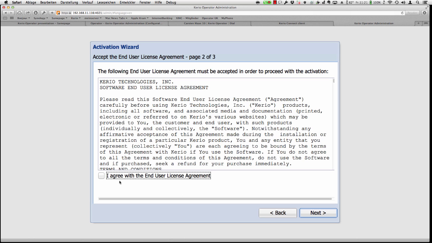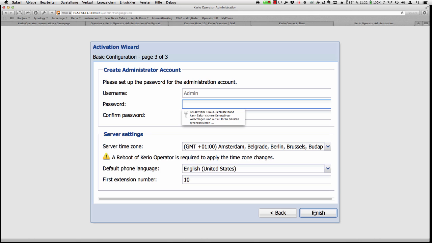Again, then you need to accept the license agreement. If you are not accepting it, you are again finished at that point, but you should accept it, as otherwise you cannot use this product. We go to next, and now there comes the first point. You need to define a password for the administration account, and I'm going to type one in,